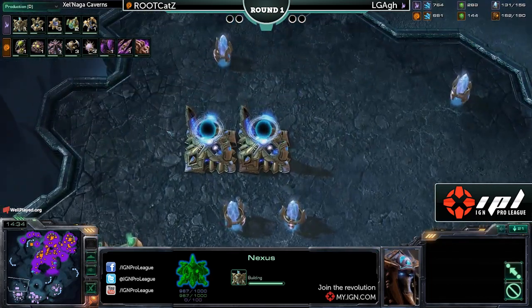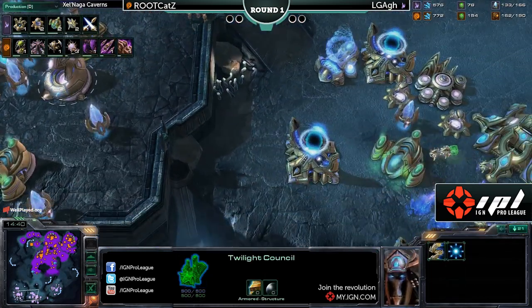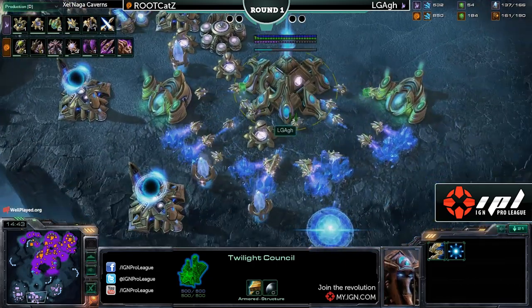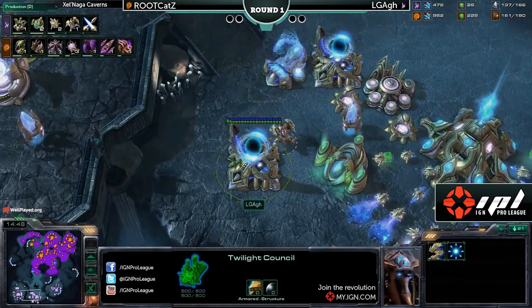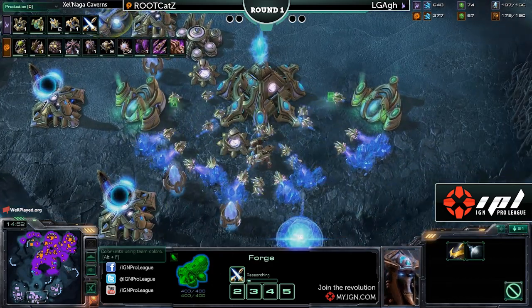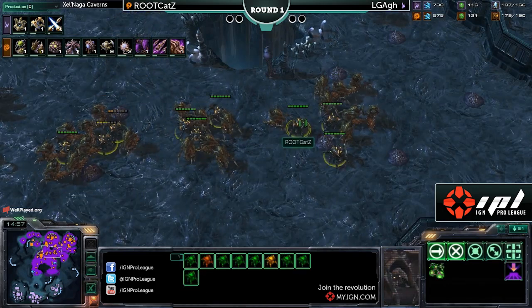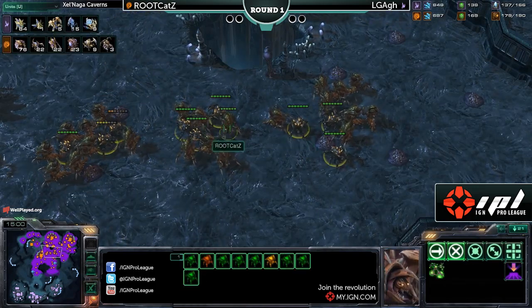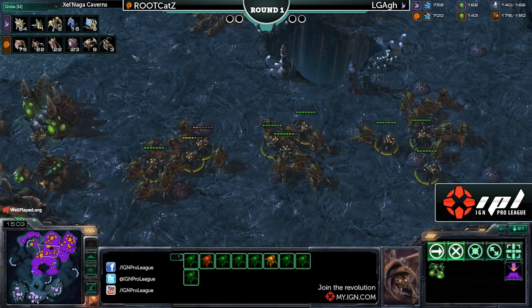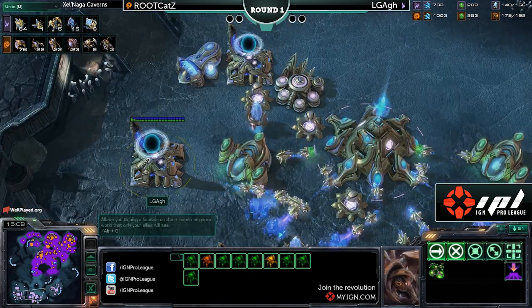Let's take a look at some of Og's base here. A couple more gateways going down. No research on the Twilight Council, so upgrades only. No blink or anything yet. He's chrono boosting out those upgrades as quickly as he can. Already going to level 3 right now. We've got a lot more Hydras coming out. Much fewer Roaches, I guess you could say. 9 only on the field, 22 Hydras. So if the Colossus come out,